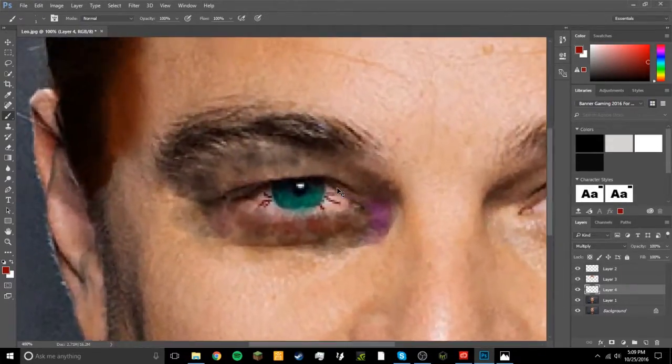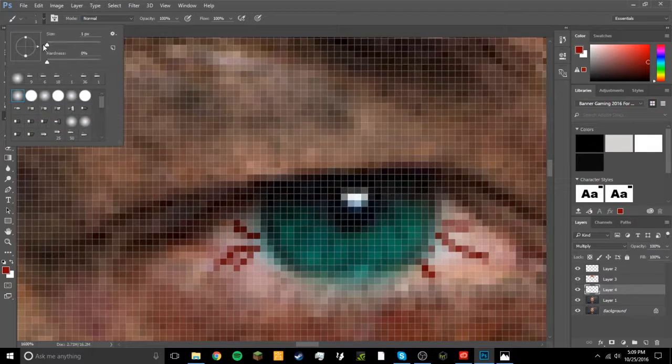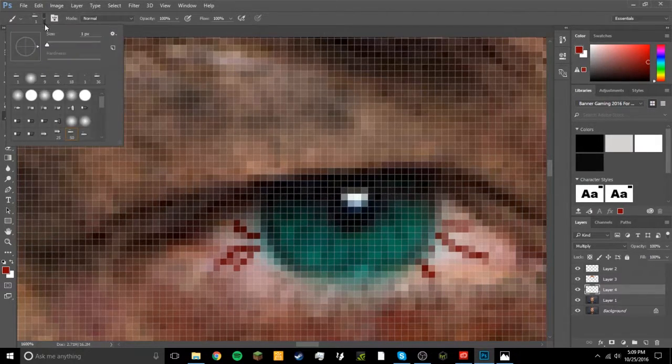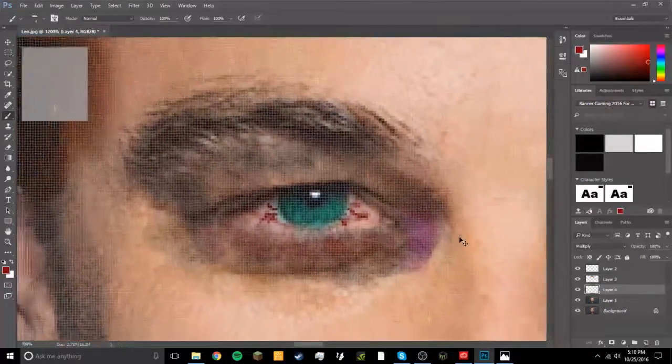And there you go, you get the bloodshot. If you really want to work into it though, just go down into it. Then take out the airbrush, take it down to a pixel, get the same red. Just airbrush slowly over the entire thing. Maybe make it 2 pixels. Oh, not 7. Make it about 4. Just give that a hint. Zoom out, and